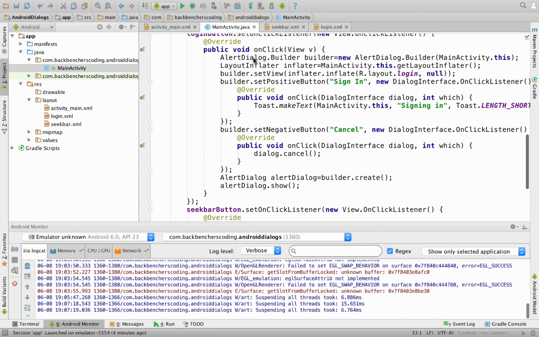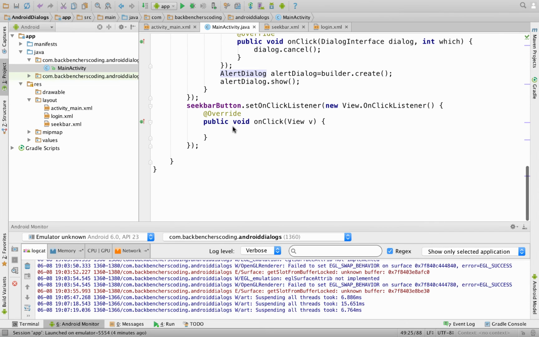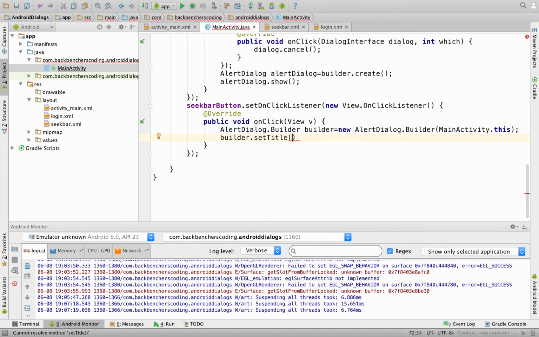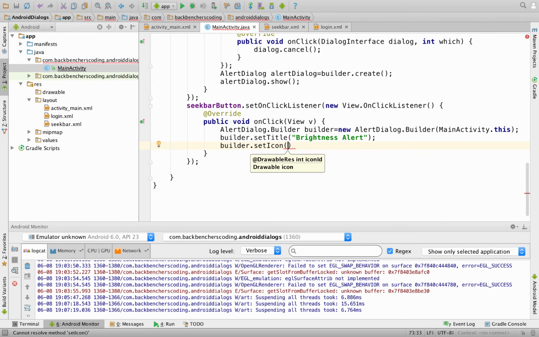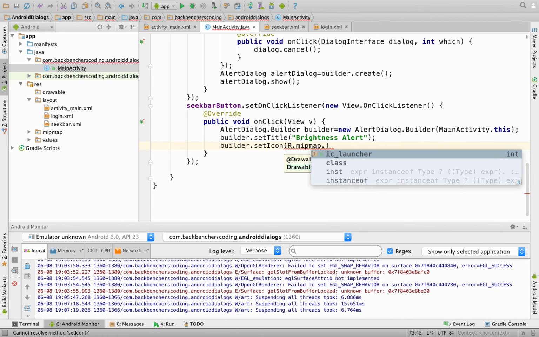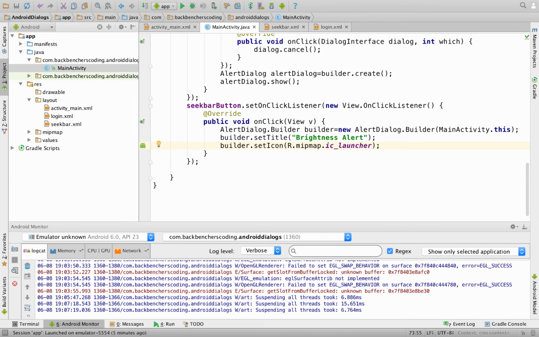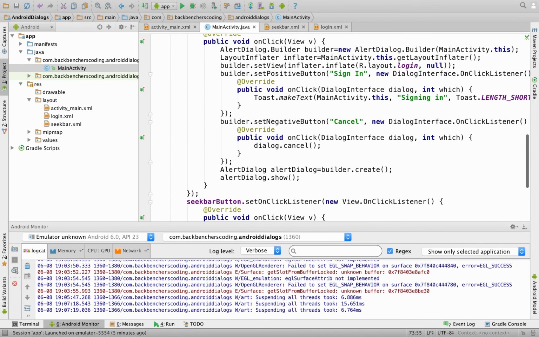So go over here, copy this statement and paste it over here, after which we write builder.setTitle, and here the title is Brightness alert, after which we set the icon by builder.setIcon, in which we pass as argument R.mipmap.ic_launcher, after which we create the LayoutInflater object as we had done previously.